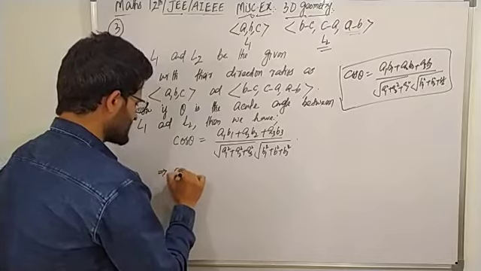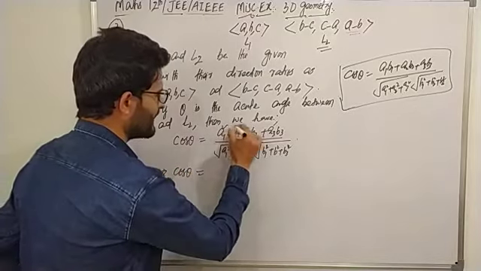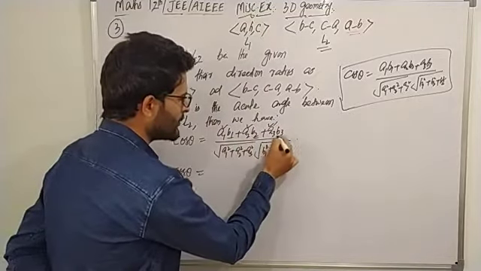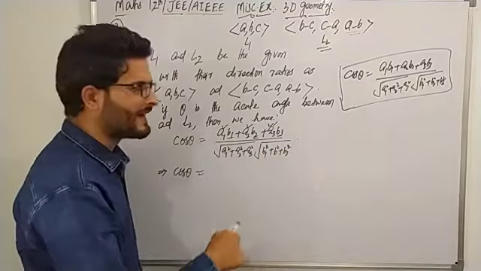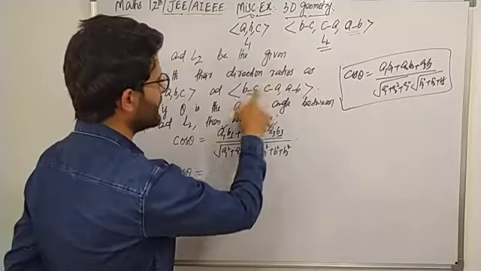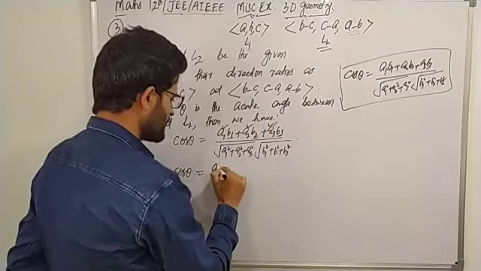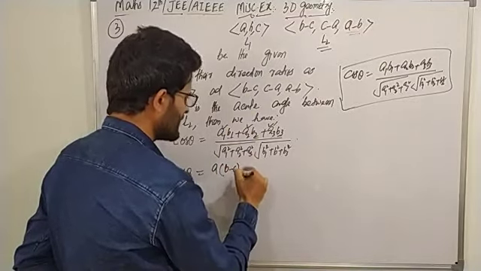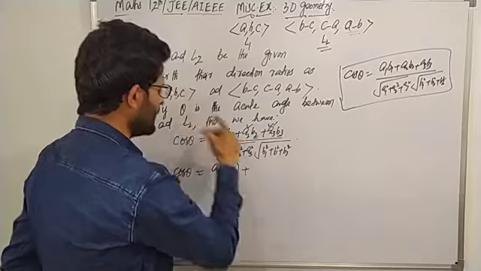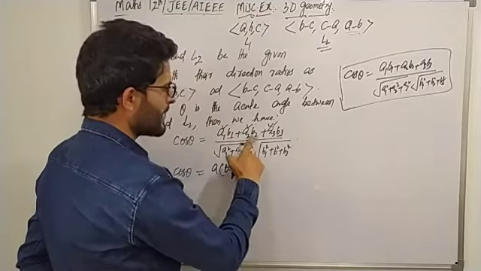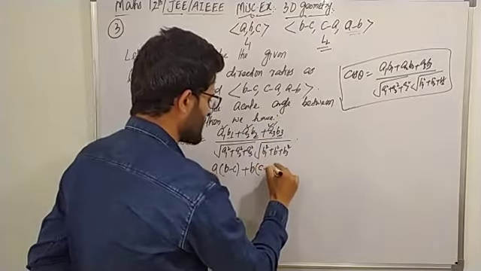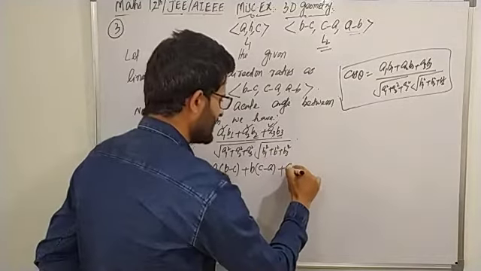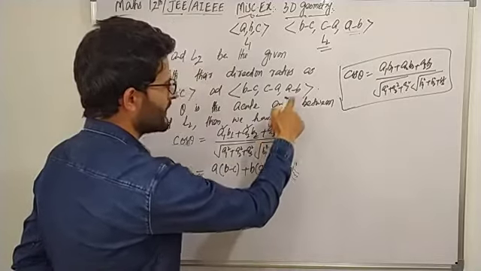So implies cos theta must be then equal to, what are A1, A2 and A3, direction ratios of first line, what are B1, B2 and B3, direction ratios of second line. So put the values. A1 के बदले A, so A into B1 के बदले B minus C, so B minus C plus A2, A2 के बदले B, so B into, instead of B2 we have C minus A, so C minus A plus A3 B3, instead of A3 we have C and instead of this B3 we have A minus B,